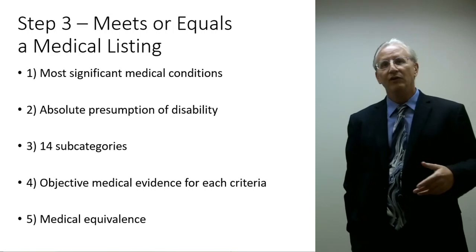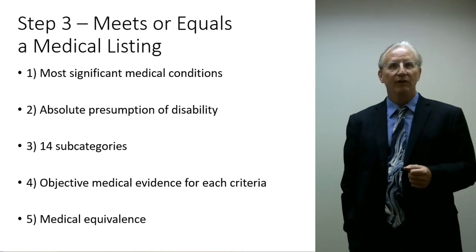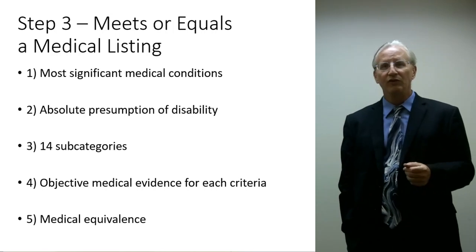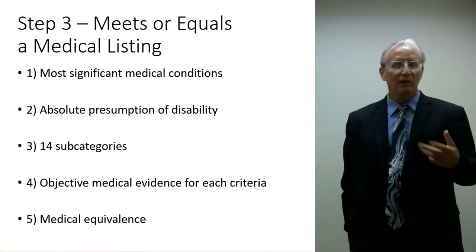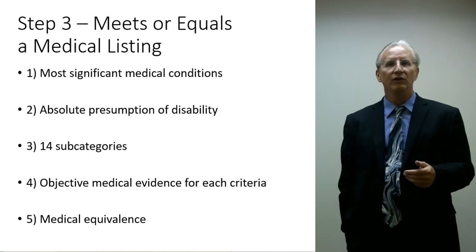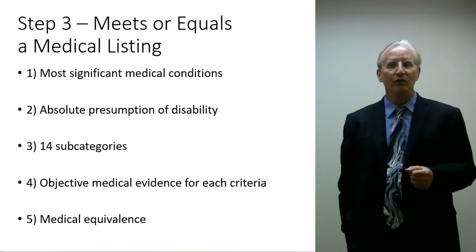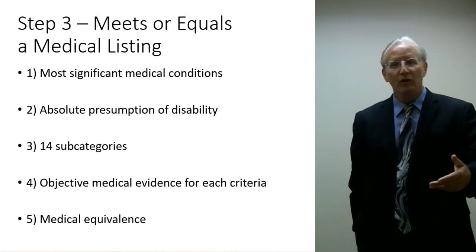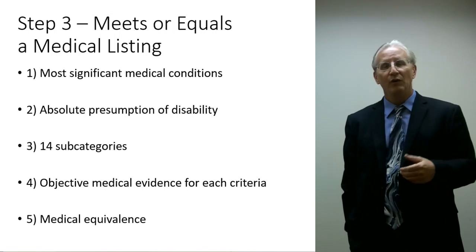So what they did is they broke down the listings into 14 subcategories or body systems, dealing with the musculoskeletal system, senses, the respiratory system, cardiovascular system, digestive disorders, hematological disorders, skin disorders, the endocrine system, congenital disorders, neurological system, mental health disorders, neoplastic disorders, and the immune system. Now, I'm just giving you an overview because in subsequent videos, we will be addressing each one of those series